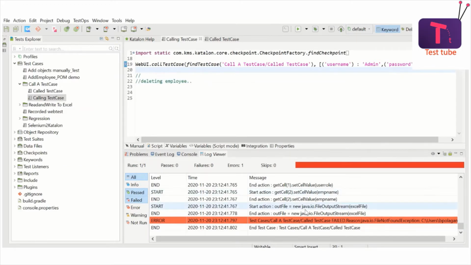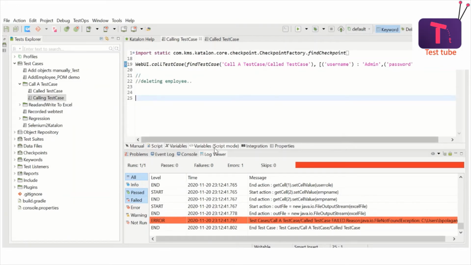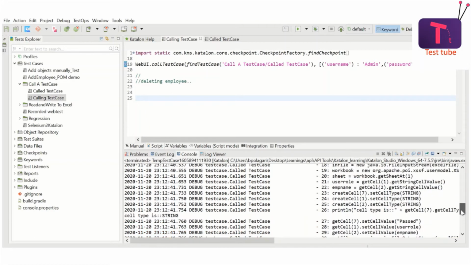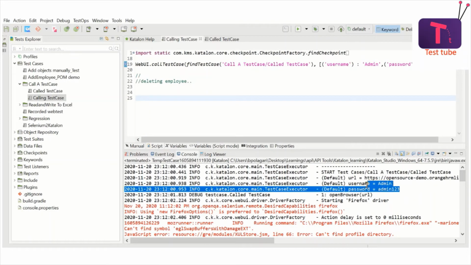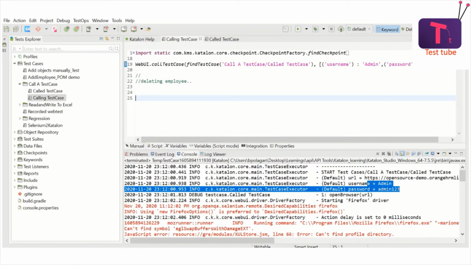Okay, so our earlier test has failed, and it has because there is one Excel it is trying to write data into, and that was open, and that's why it has failed, but nothing else. It has run the test successfully, as you see. You have seen that it has entered the credentials and it has added the employee, right? So that part is success, as you can see here, and it has logged out as well, right? So that means the test is success, except that there is some failure in some file handling. So let's ignore it for a moment.